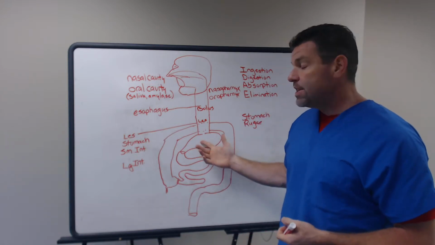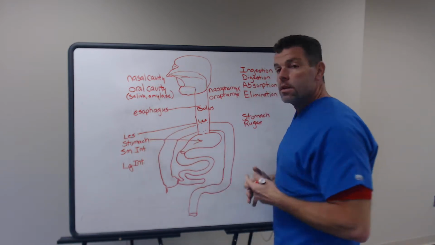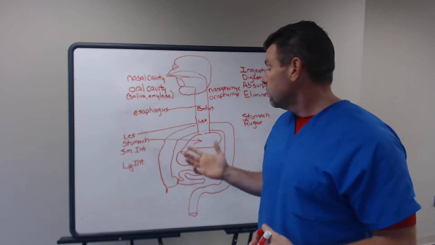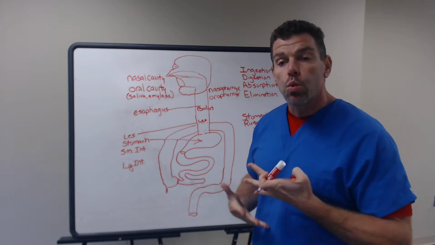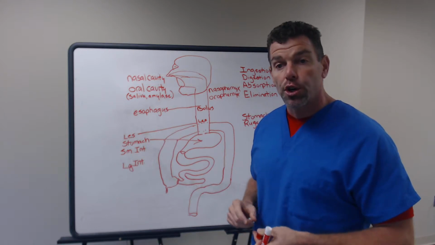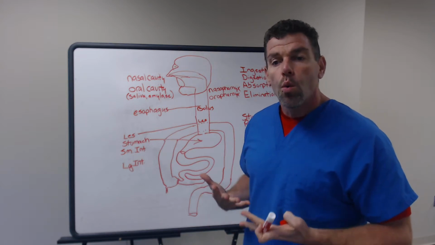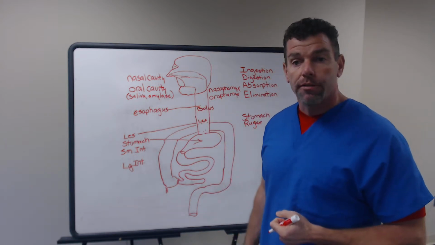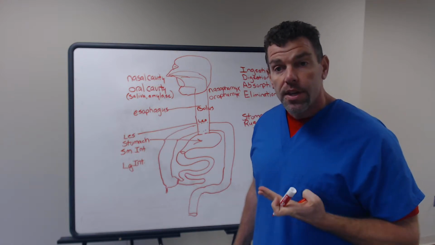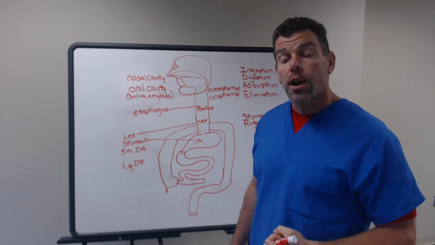And the main reason why is because the stomach has hydrochloric acid and other enzymes which further break our food down. And this bolus, once it starts getting the enzymes and hydrochloric acid churning in the stomach to make it break down even farther, we don't want that washing back up our esophagus. If it does happen, we call that heartburn. The acidic contents of the stomach going up the esophagus, we call that heartburn.